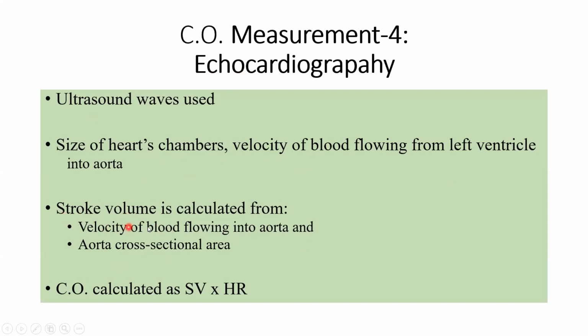Okay, so basically, how much blood was thrown into the aorta by the contracting ventricle, and what change in the aorta took place to accommodate this incoming blood, which will give you an idea of course how much blood was pushed from the ventricle into the aorta. So again, this is a very interesting and nice way to study cardiac output, a more direct way rather. So we are using ultrasound waves to measure stroke volume live right then and there, and then just multiply that with the heart rate. And as you know, stroke volume times heart rate is cardiac output, and you get a value for cardiac output. So that's that. These are the important